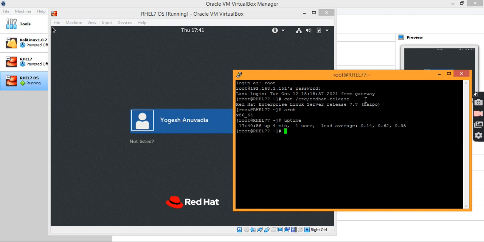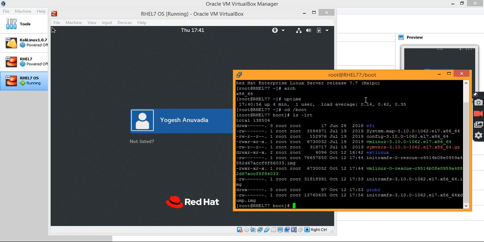So let's experience how to troubleshoot this issue. You can see these are the contents of the boot directory, boot file system.